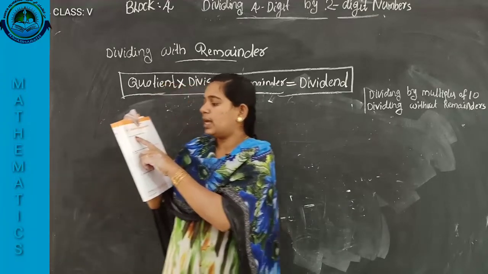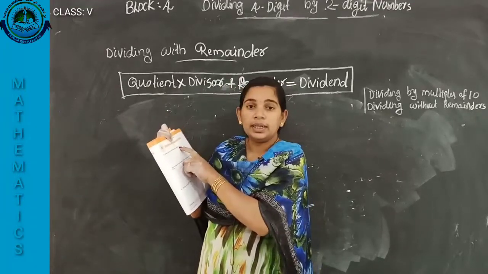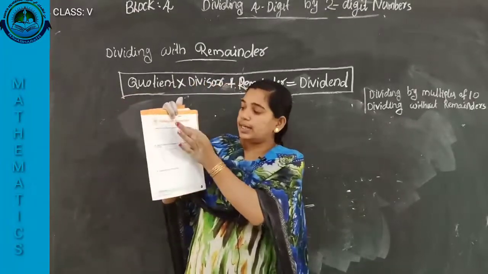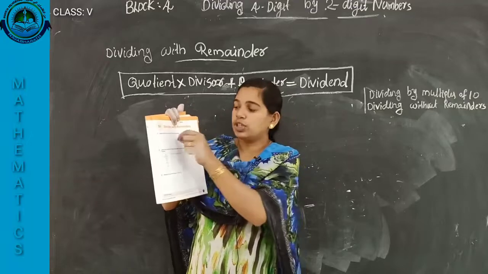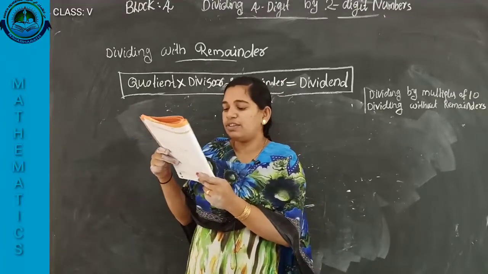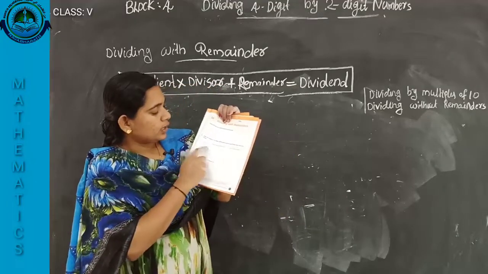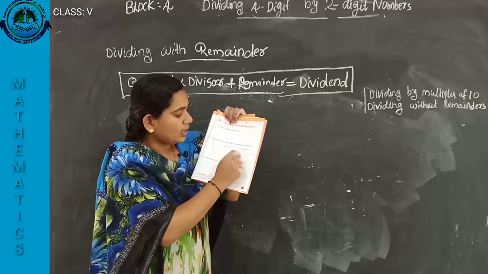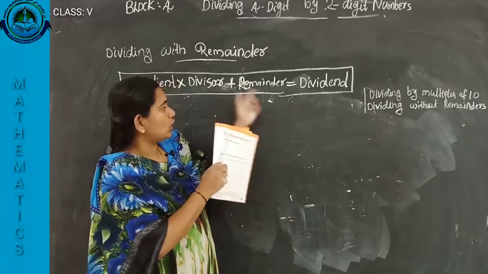Divide 4568 by 6 and find the quotient and remainder. Write the quotient and also the remainder. From here you divide and write the quotient and remainder. Quotient is equal to, remainder is equal to, like that you write. Then check the mistake in the division. Some mistakes are there. Show the correct one. Here you divide and check your answer using this equation.